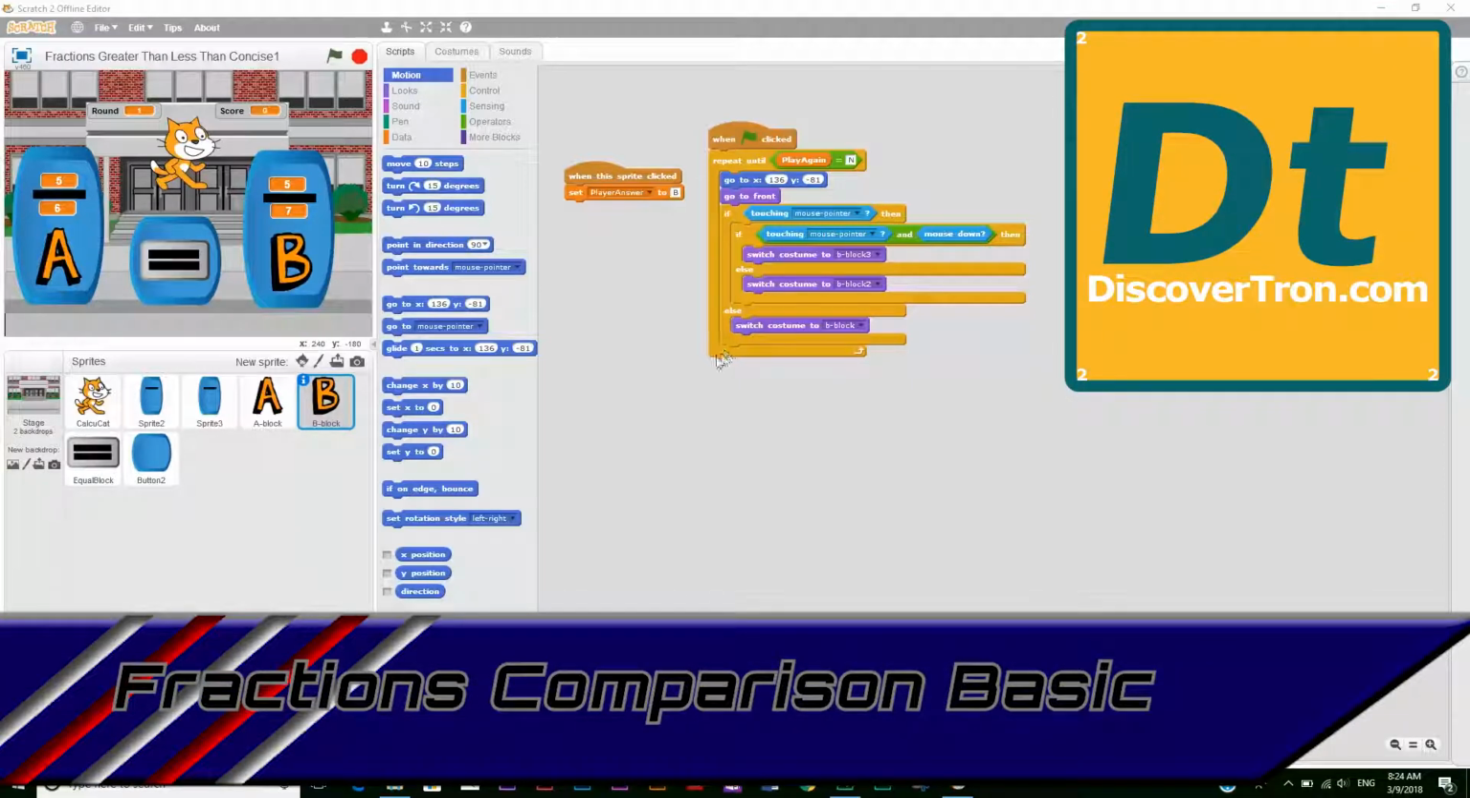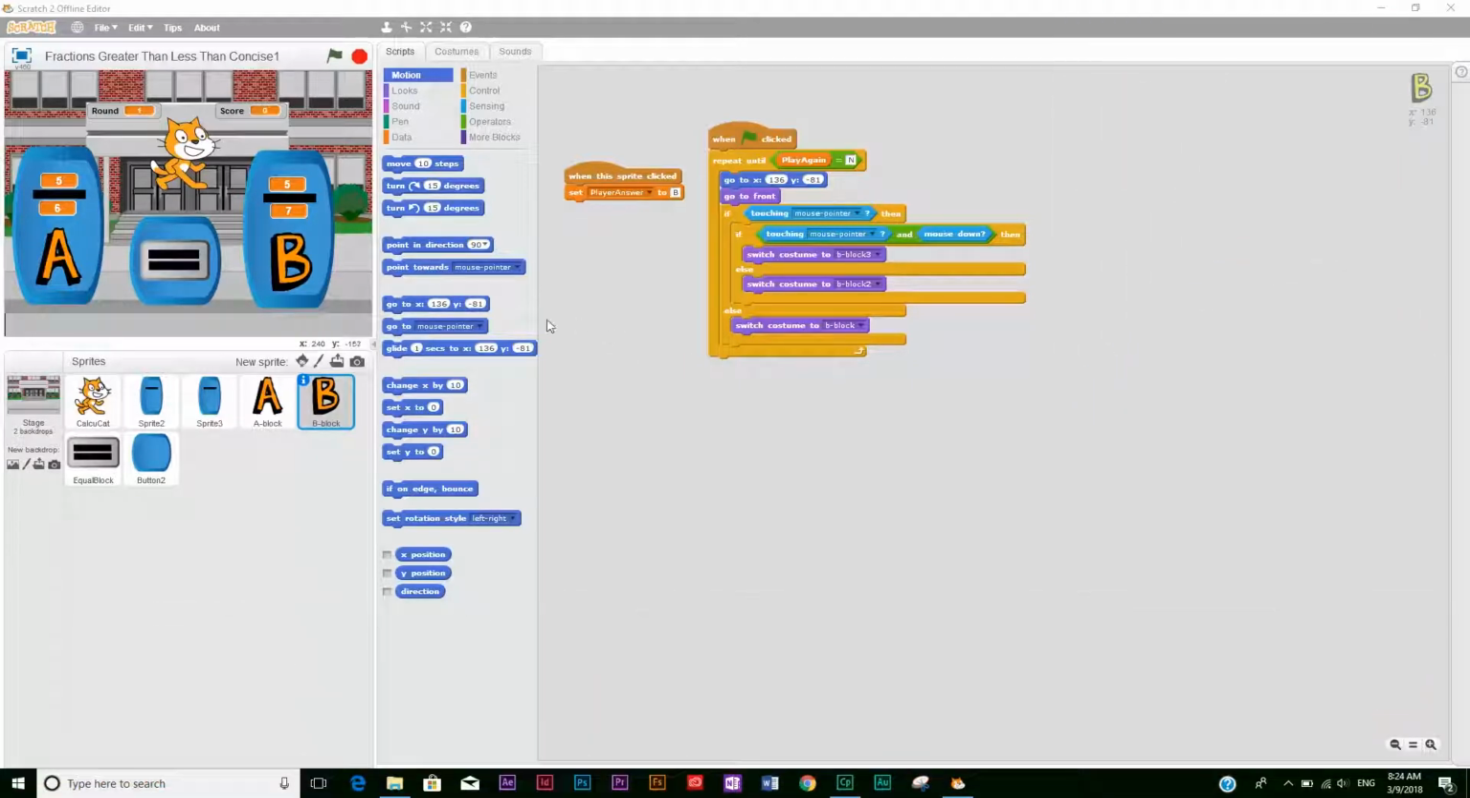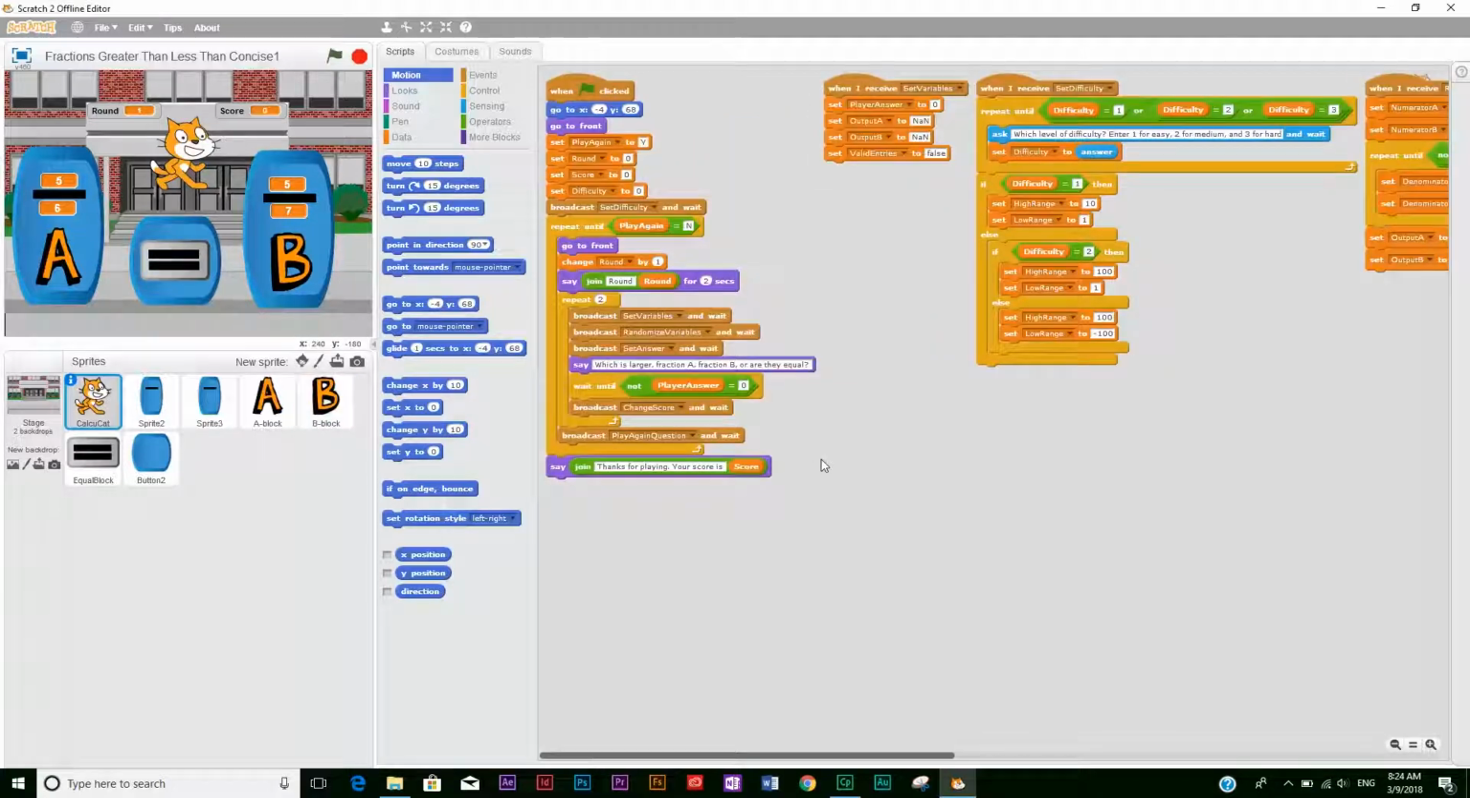Welcome to our lesson here, fractions greater than, less than. This is an extension of a previous lesson, fraction comparison, which was a little bit simpler than what we're going to do here. This one we're going to expand. So if you're adventurous and want to see how to make this a little bit more complex, you're more than welcome to. We'll be making a system very similar to the last one, except this time we're going to expand